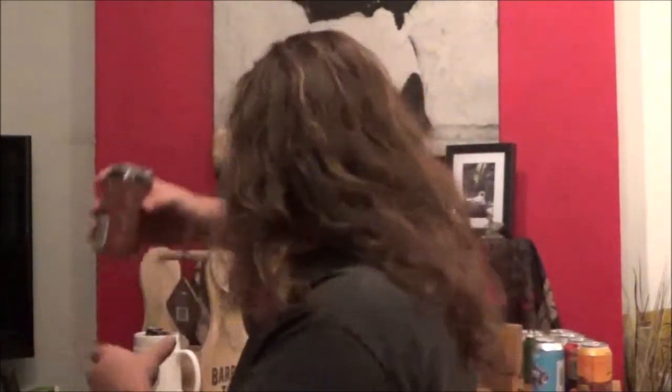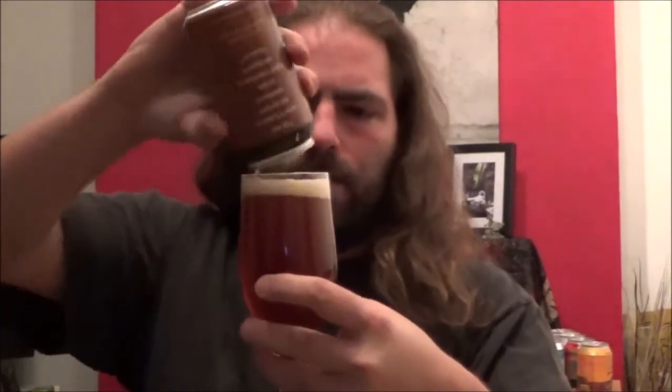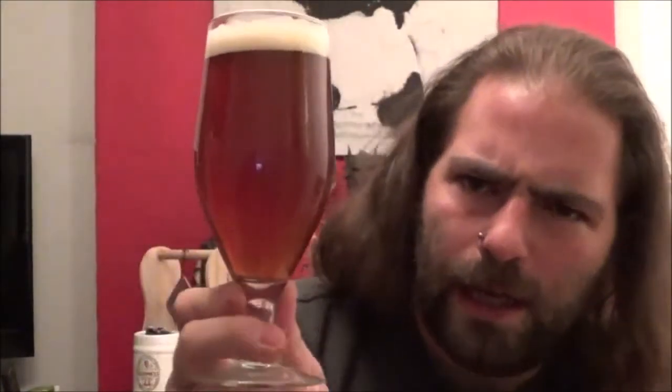Let's get it into a glass. Tiniest bit of smoke on the opening there. Just see it coming out the can. I do like an Imperial or double IPA, so should be nice. It looks quite a nice rich colour. Very dark. Got a single finger, very tight compact head, ever so slightly off-white, rich amber coloured beer in the glass,